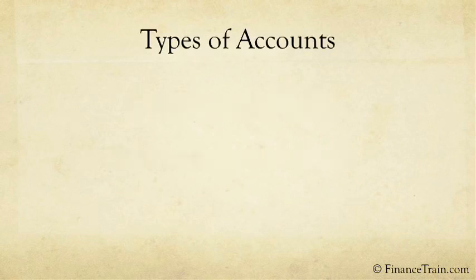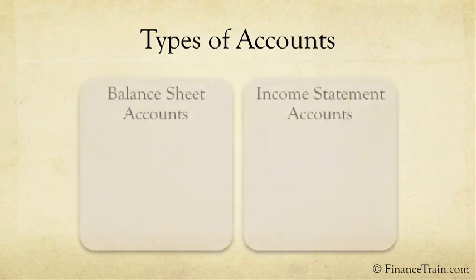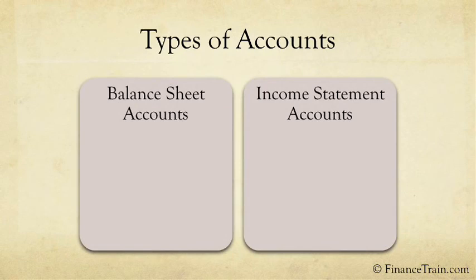The accounts kept by a business depend upon the nature of its operation and the types of transactions it carries out. A business may hold numerous accounts which record and sort the different transactions that are conducted by the business. Before a business starts recording transactions, it sets up a chart of accounts in which different transactions are recorded. We earlier learned that these accounts can be classified as balance sheet or income statement accounts.